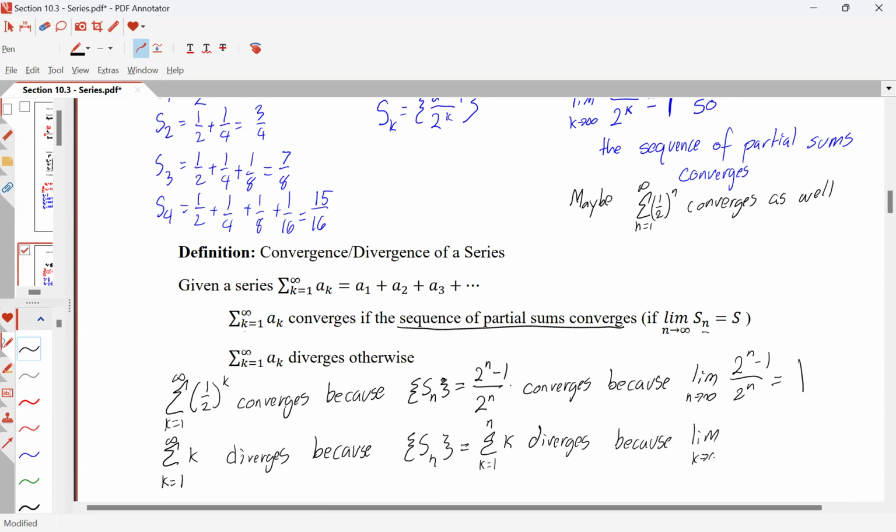The limit as k goes to infinity of S sub k, or n goes to infinity of S sub n,